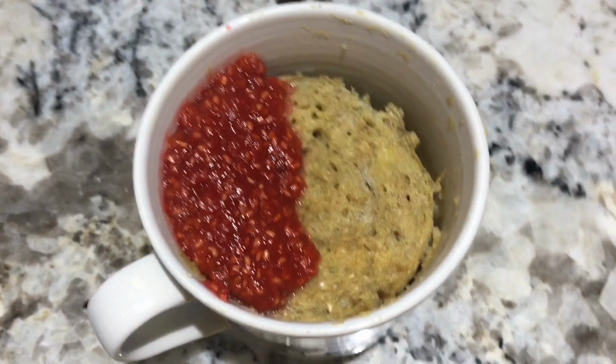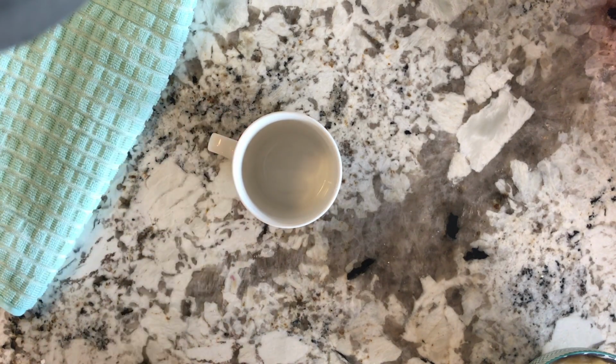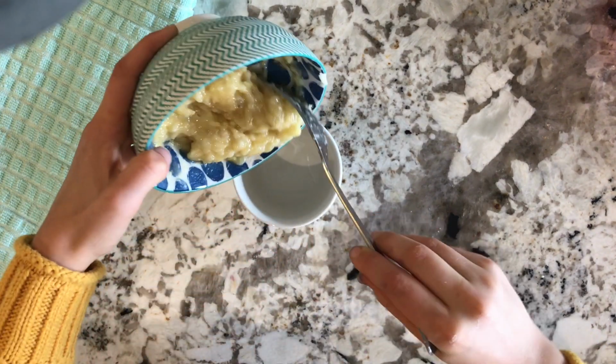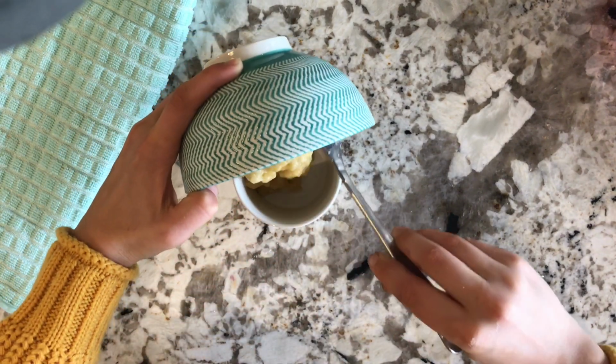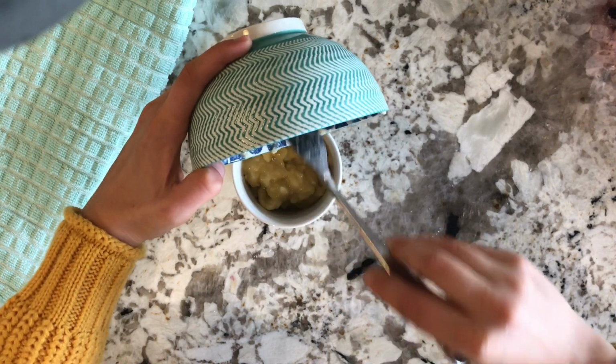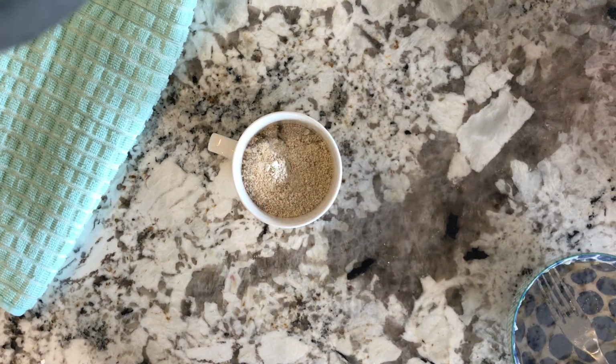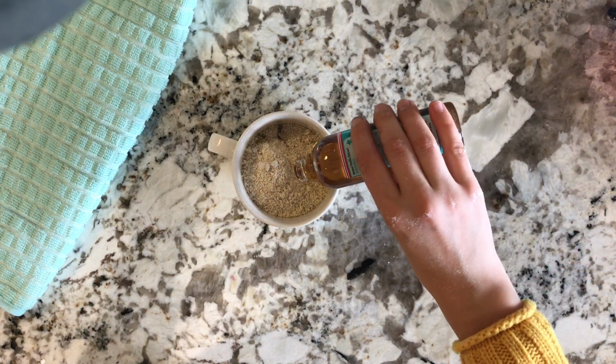To make this recipe you will need oat flour. To make this you literally just put oats in a blender, it's as simple as that. To a medium-sized mug add a whole mashed banana. Then a 1/4 cup of that oat flour, a teaspoon of vanilla extract,